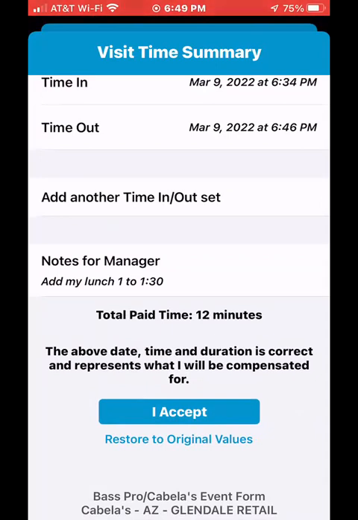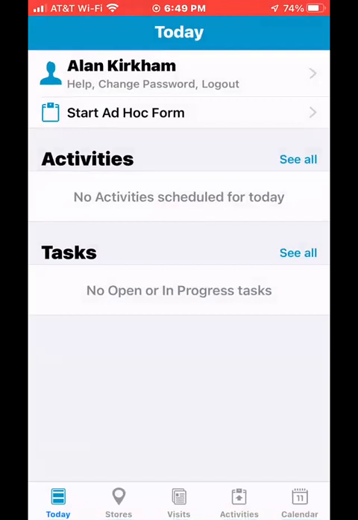So final step, and it's a critical step, you have to hit this I accept. You have not officially logged out until you hit that I accept. A lot of reps get to this screen and they think they've logged out because they can see their time. But in Vision, this is the critical last step. So just tap I accept, and then it brings you back to this screen. No other activities assigned for the day. That log in, log out has been sent for approval, and